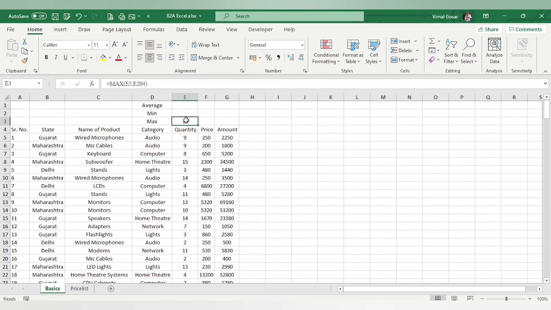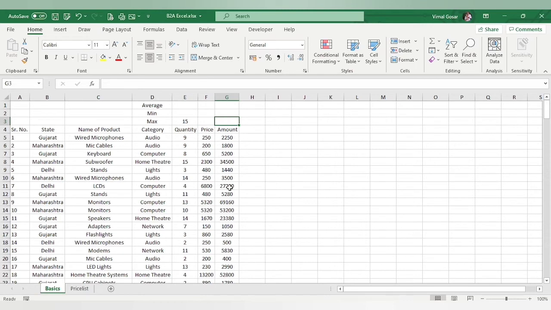Same way I can use the minimum function. Now instead of typing all the formulas again and again, we can use the reference cells and the same formula to find out the values. Let us say I want to find the maximum price available in this entire data, or the maximum amount.